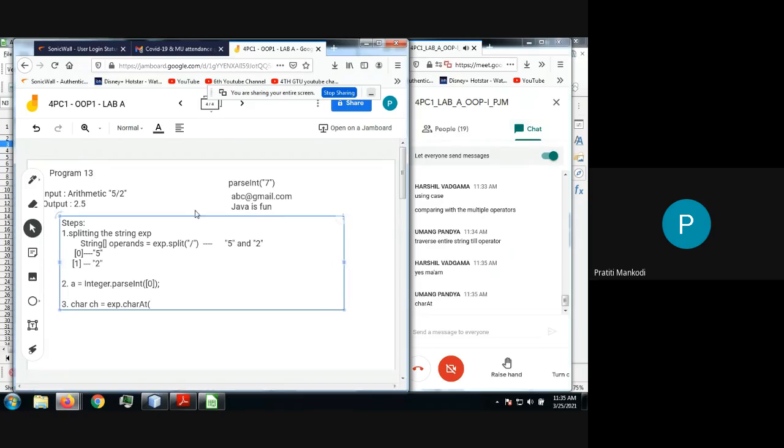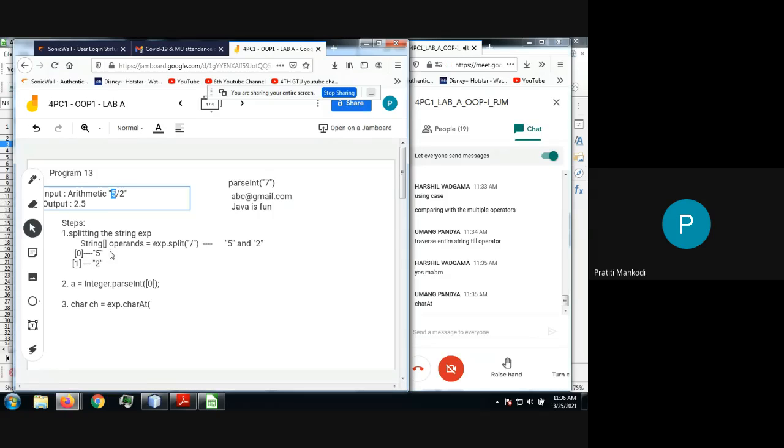See, you can see that for this expression, 5 is at the 0th position, the operator is at the first position, and 2 is at the second position. Fine. Now, if I go till the length of my operand 0, can I get the length of the operand 0?